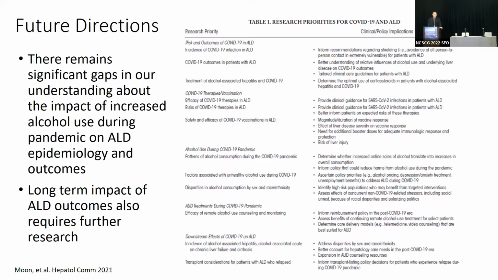Future directions, I'm not going to read this, but again, this is a reference slide for those of you that are interested. There remain significant gaps in our understanding of the impact of alcohol during the pandemic, and the long-term impact on ALD outcomes, I think, requires further research. And this is a nice table from one of the AASLD journals recently that highlights some of the research priorities and unmet needs in the field of alcoholic liver disease